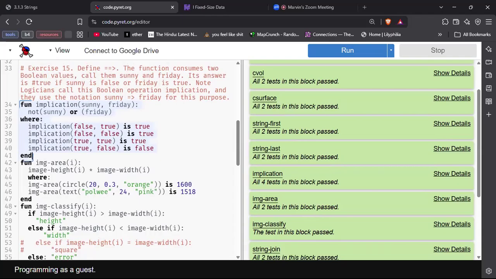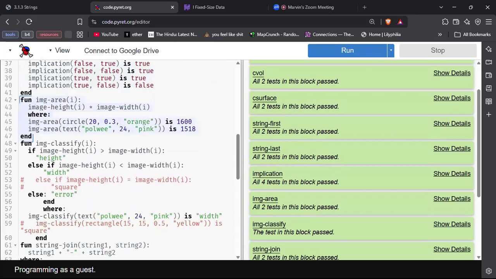Okay, let's move on to image area. Let's see what you have there. Oh, okay. So you figured out images, right? So we mentioned numbers, strings, and booleans. These are the three data types that are very important. If you want